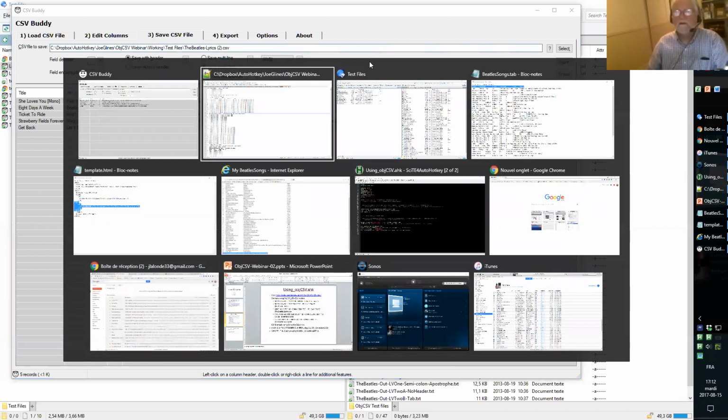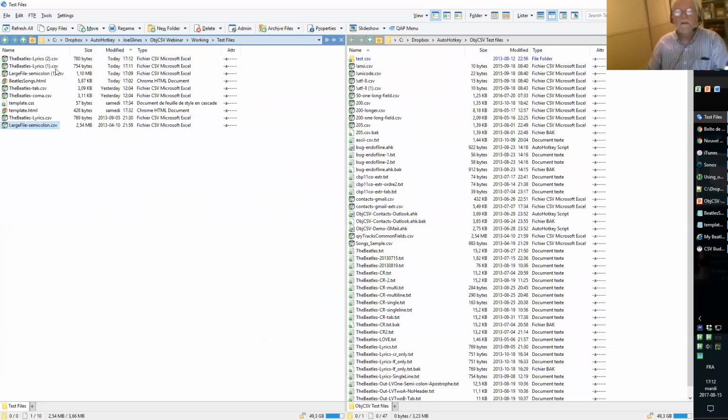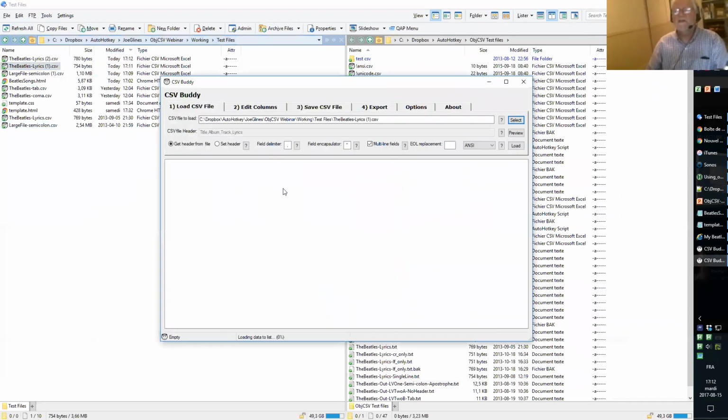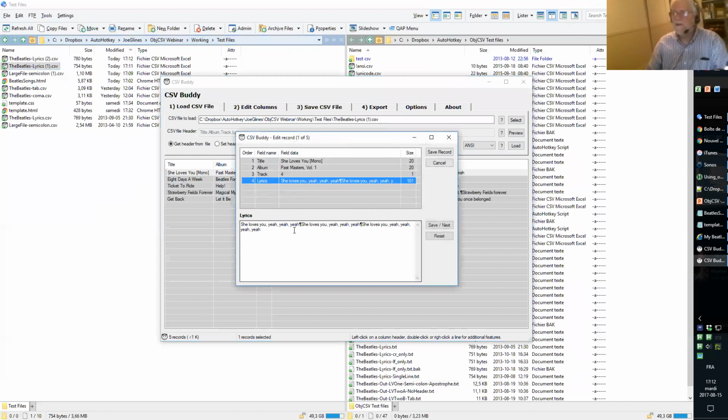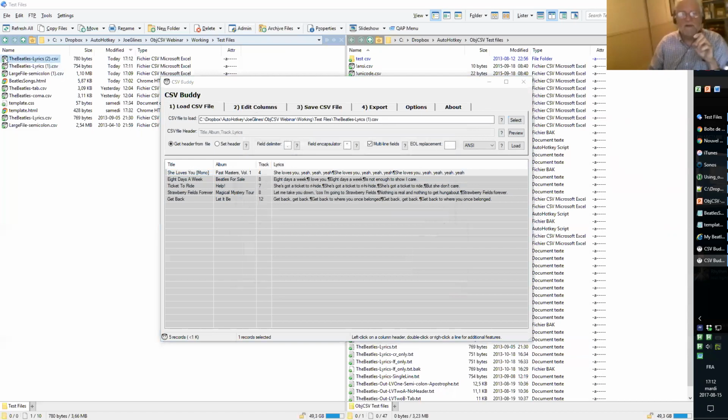So I have now this file, which is the one I changed, where here in the lyrics field, it stands on one line with these separators for each line. Now I can open it in Excel, play with it, play with your fields, hopefully not changing the lyrics, but play with anything else. And when I save it back with the changes I've done in Excel, I save it in the same format. Now I'll just take a look at this file to see if it changed.